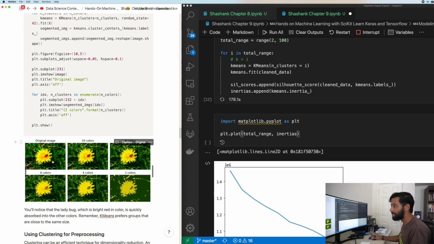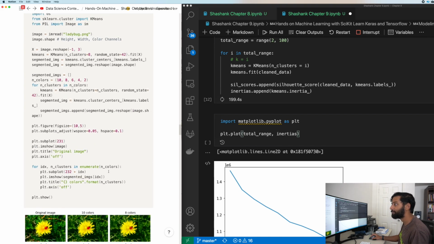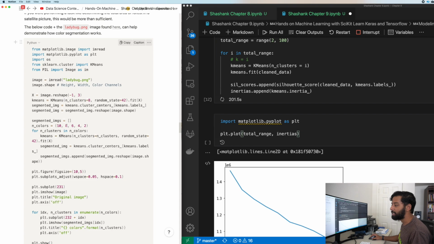And in this case, obviously, the red occupies a very small space in this image, which is why it is taken away by 6 colors, and merged with brown, it looks like, instead. So this is one way to illustrate one of the limitations of k-means clustering.